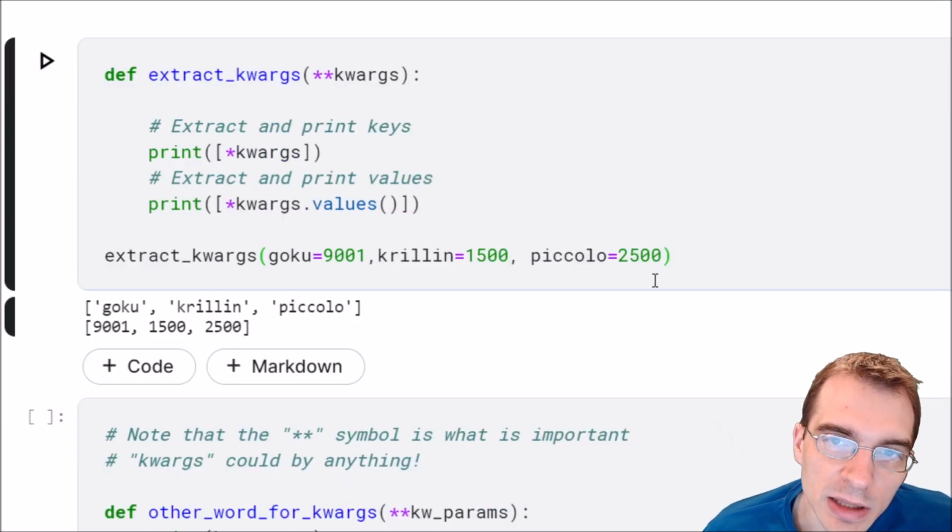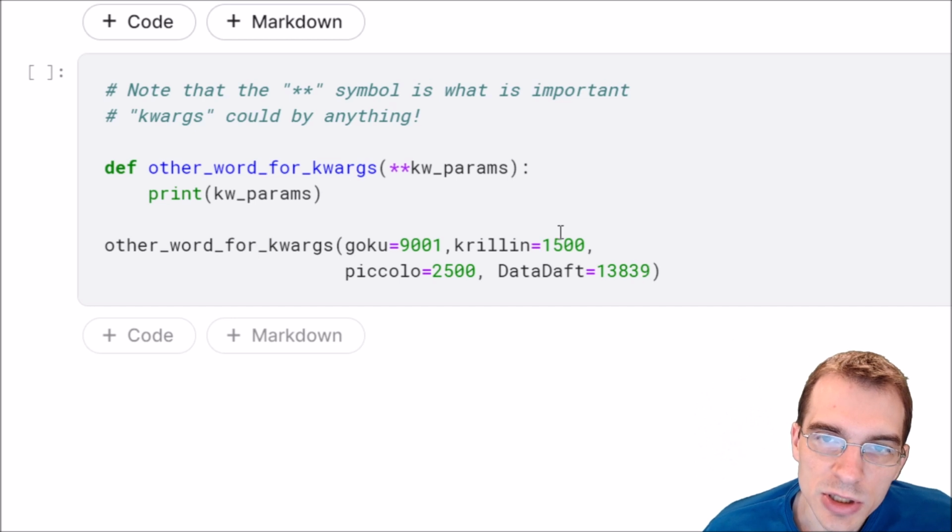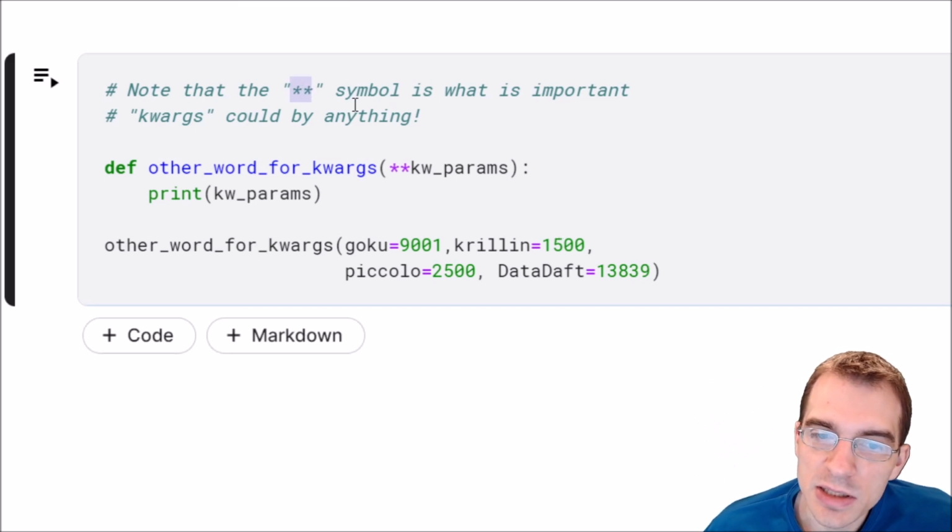Now, one final thing that is worth noting is that when you're using the double star kwargs construction, it's actually the star prefix that's the important part. It's a Python convention to say star star kwargs, but any string you put after the double star functions the same way as kwargs does. You usually use that because that's what everyone uses with Python, but in theory you could use something different.